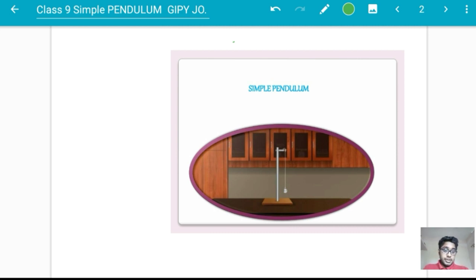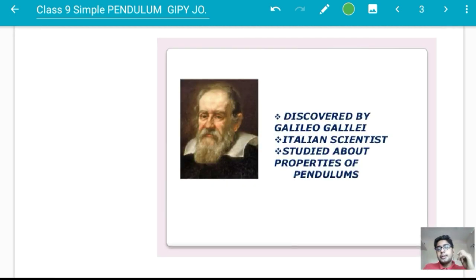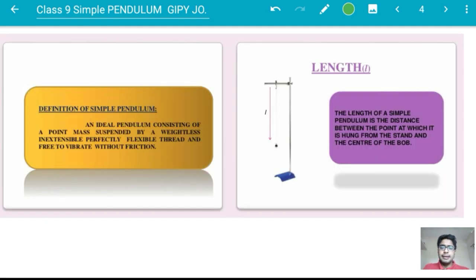Again, the definition given for a simple pendulum is that of an ideal case, because it asks you to have this mass, this bob, we call this as the bob. That mass should be a point mass, that means it should be small. And your string should be massless and inextensible. And all these things should happen under a case where air friction is less or is not at all there. Again, all these are ideal cases. So again, your pendulum was discovered by Galileo Galilei, an Italian scientist.